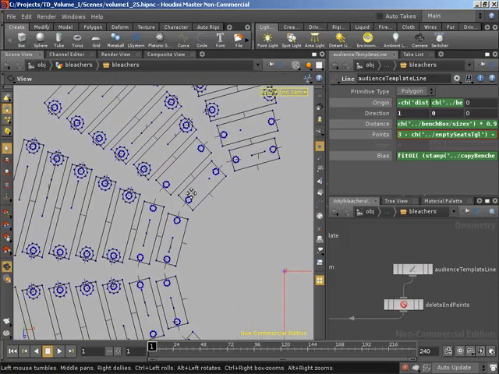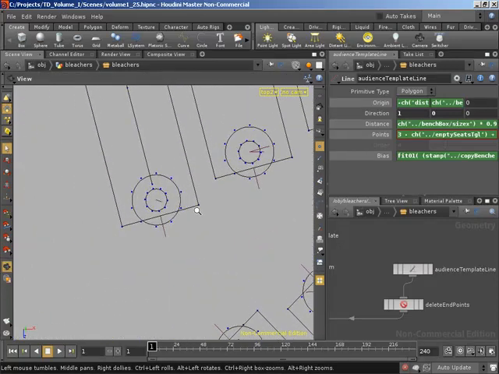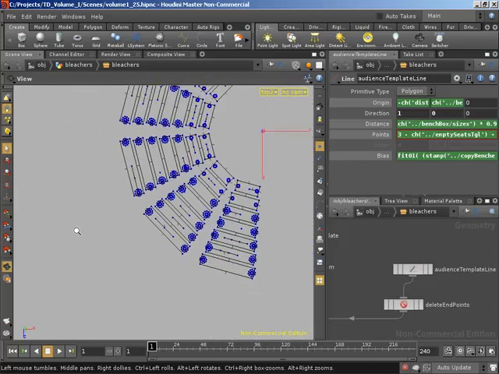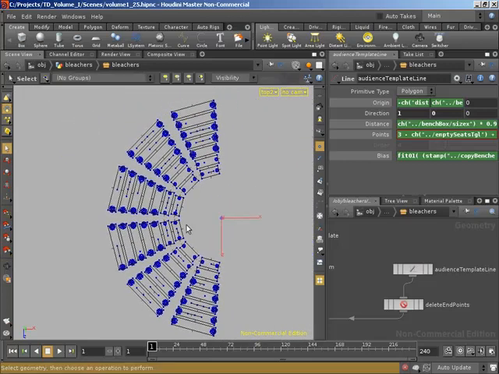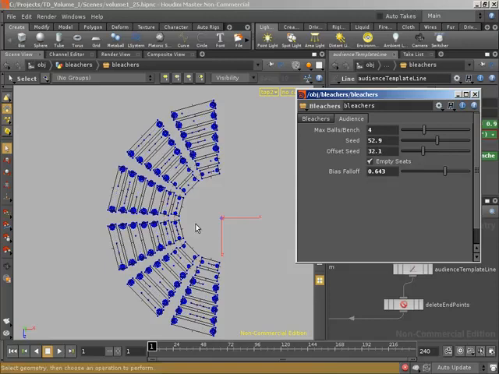Looking good. And nobody's getting offset too far off the edge of the bench. You see the maximum they're ever coming up to is where we'd created our line to anyway. And you can see that now we're losing that feeling of everyone being centered up. So let's bring up our parameters and just change this offset seed around. Look at that. So now we have a lot more flexibility and a lot more control over the positioning of